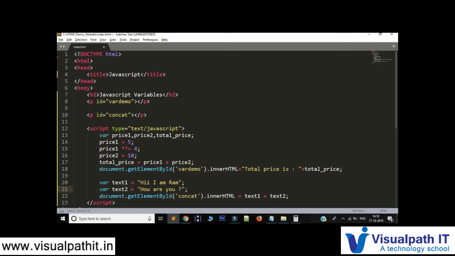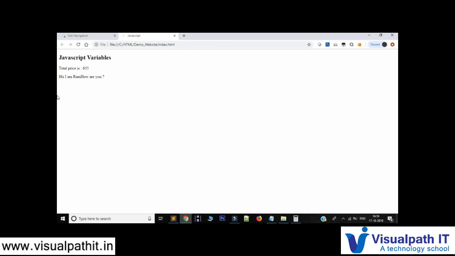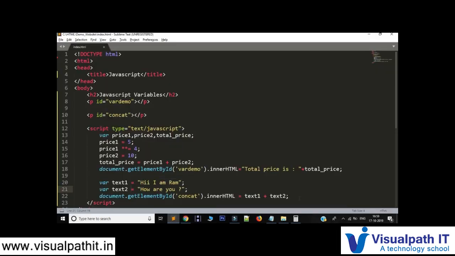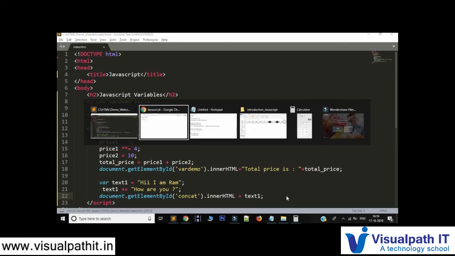Okay, now let's see without this plus. Okay, hi, I am Ram, how are you. So even here the concatenation took place. Or else, as I told you, we will not declare any variable over here. We'll say t1 plus, and here we'll display t1. See, we got the same output, right? So there's no difference over here. What is happening? We are just combining two strings. You can even combine two values.